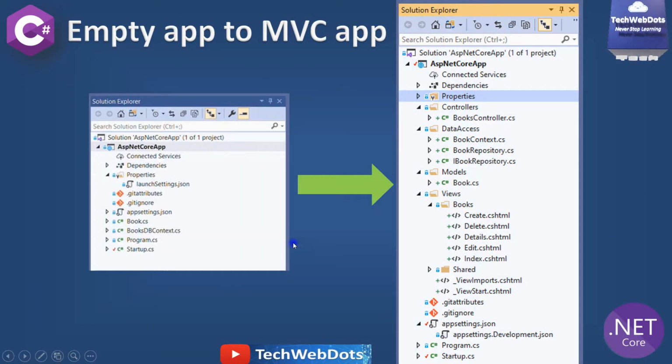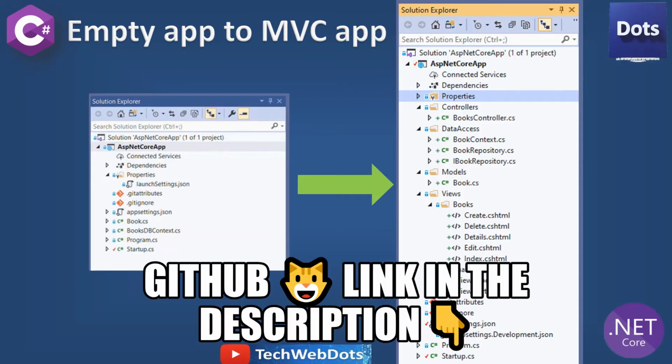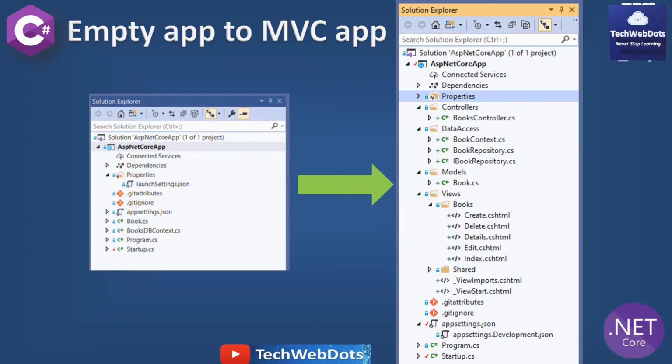As you can see, the left hand side is the structure that I was using so far in the ASP.NET Core tutorial series, where we used one simple book model, one DB context, the program file and the startup file, and explained many concepts with only these few files. But now as we are moving ahead and want to discuss more concepts, I want to align those changes to an ASP.NET Core MVC application with Entity Framework. The final structure will look like this. Let's switch to Visual Studio.